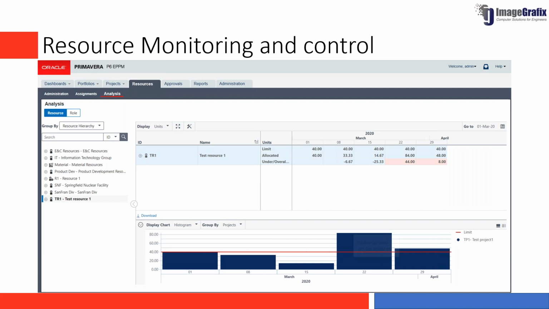This you can do at the project level or the enterprise level or even at the portfolio level, right? So this cycle of defining the resources, then assigning the resource at the activity level, then analysis, then execution, updates, then monitoring and control, right? This goes on, and in between, how to organize your resources with different options, all those things are also available for you, right?